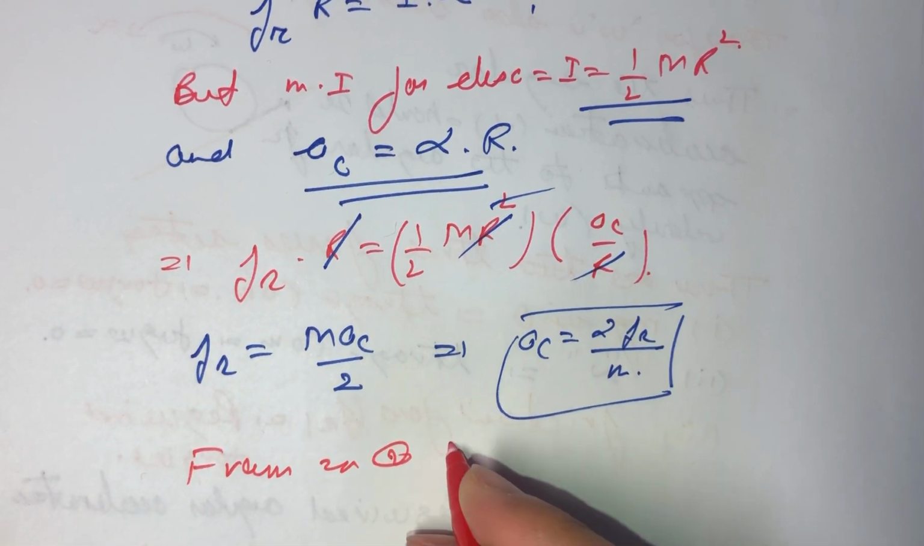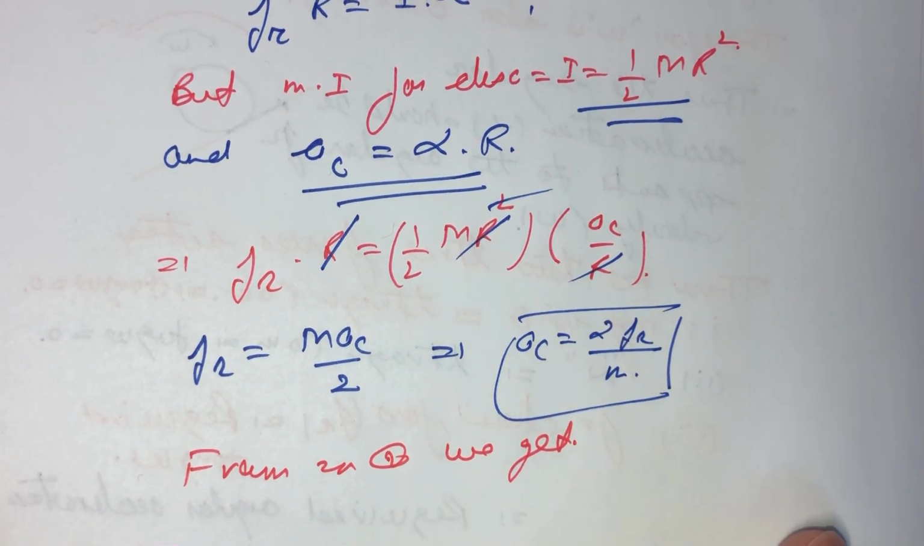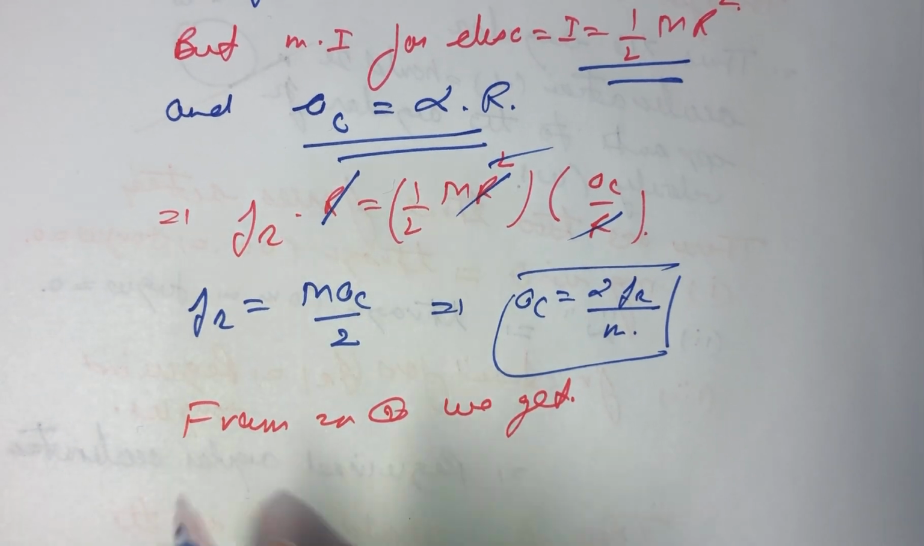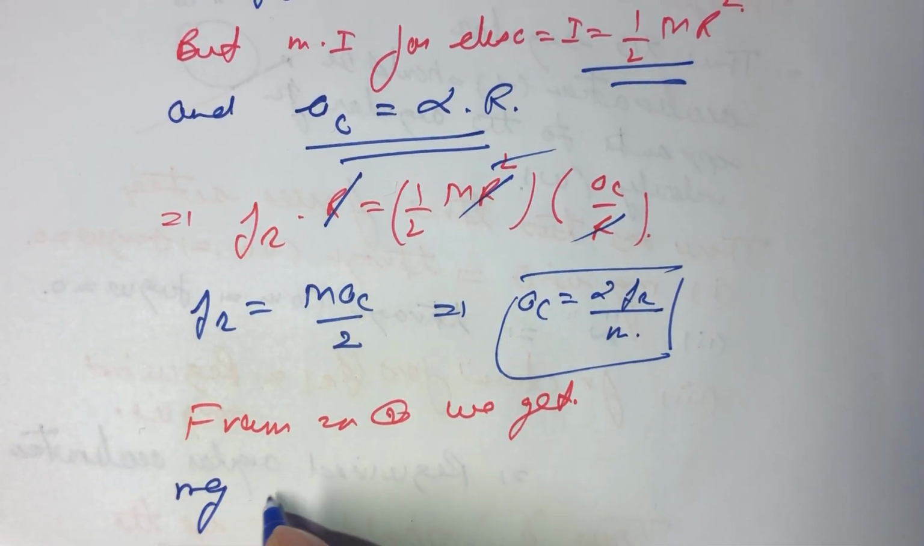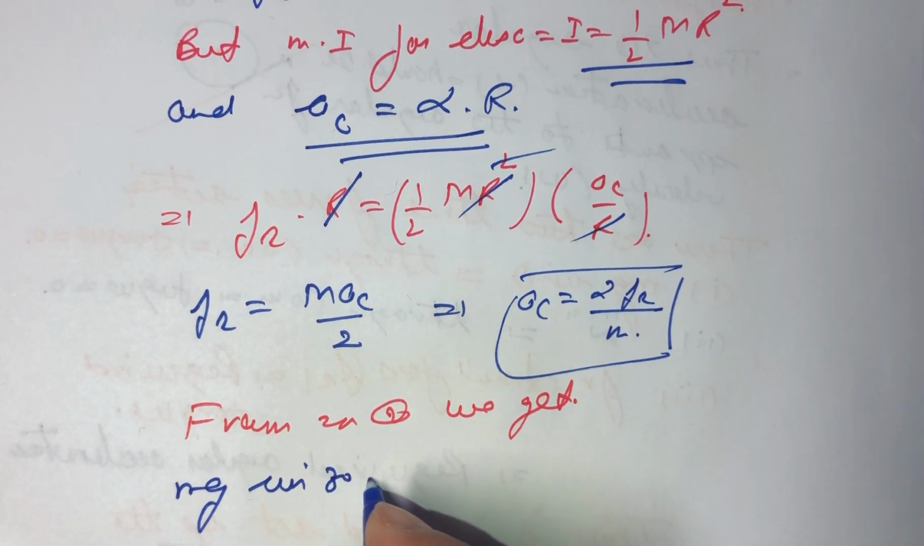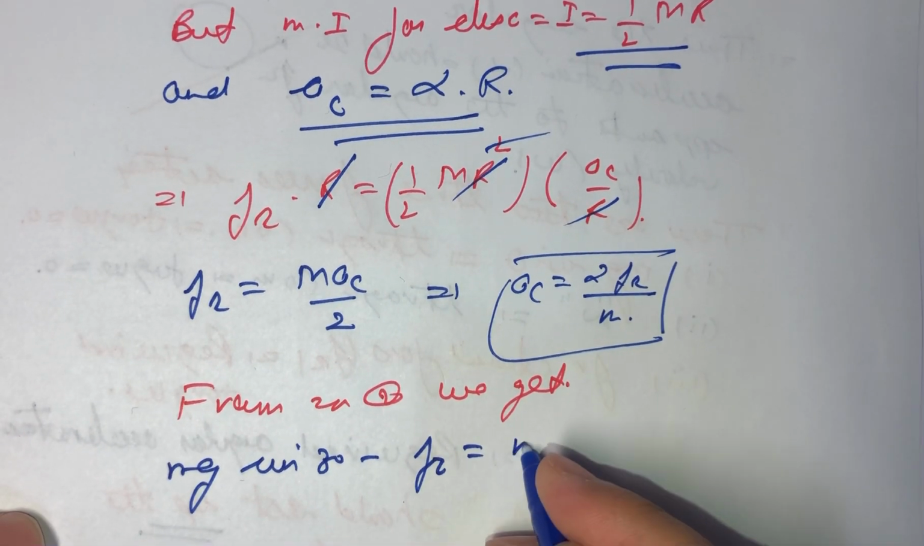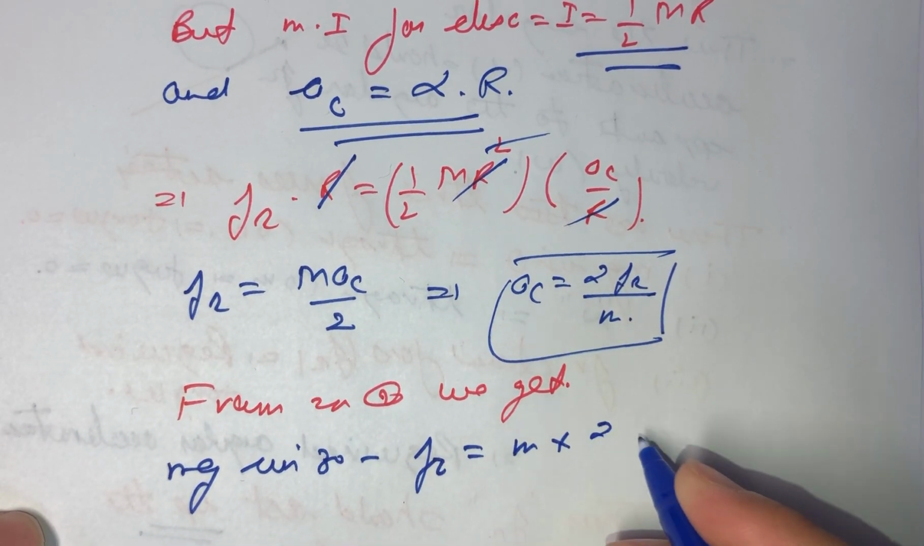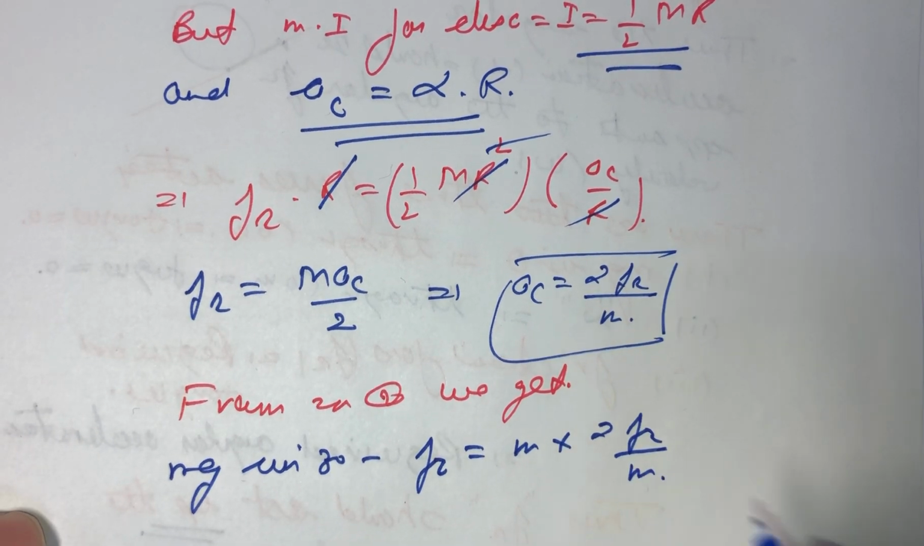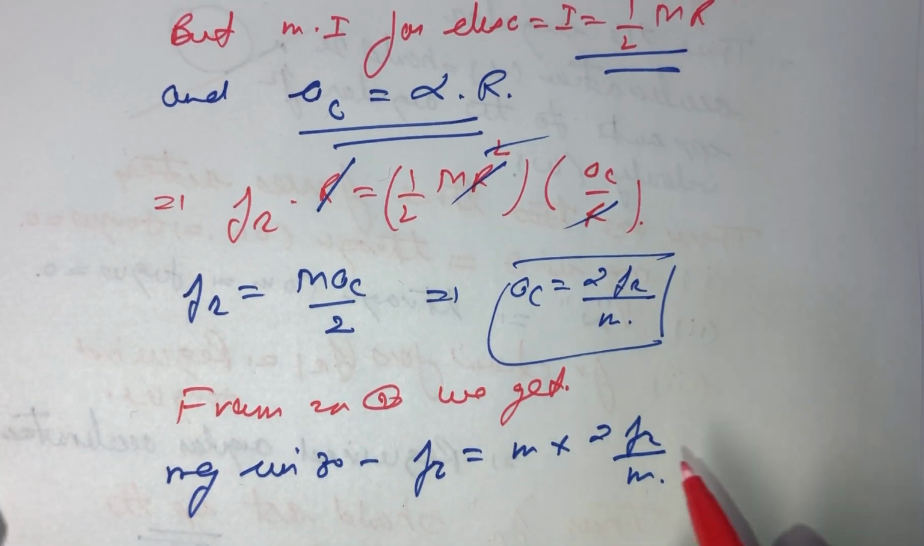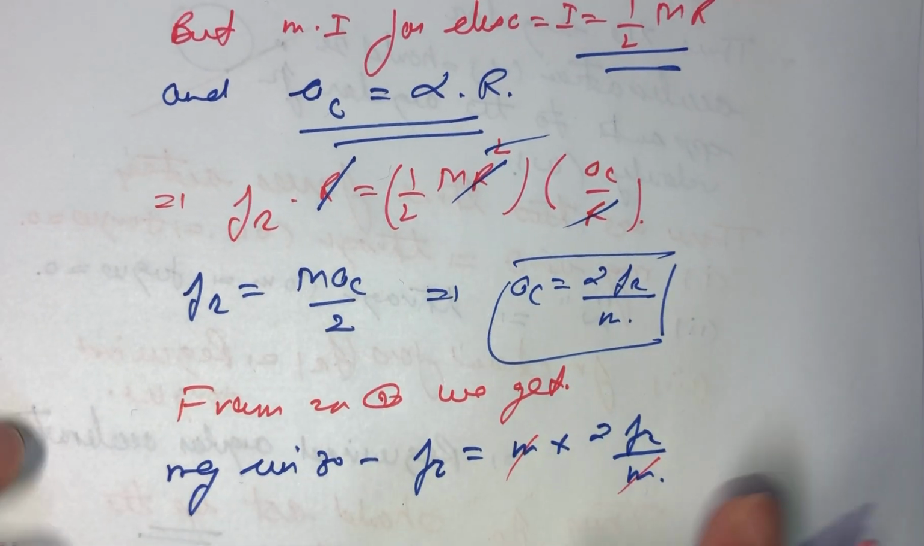From equation 2 we get mg sin 30 minus Fr is equal to M multiplied by 2Fr multiplied by M divided by M. M and M cancel out. So here we get as,